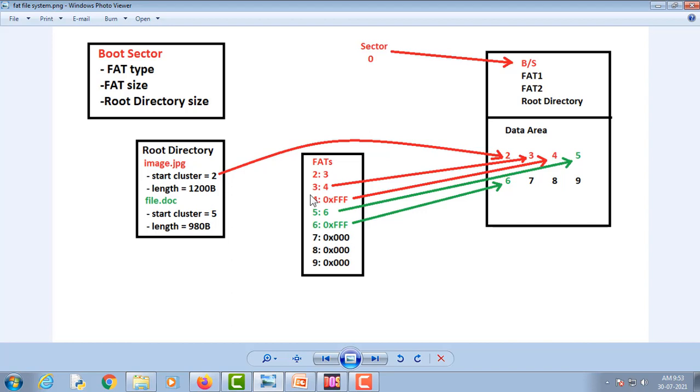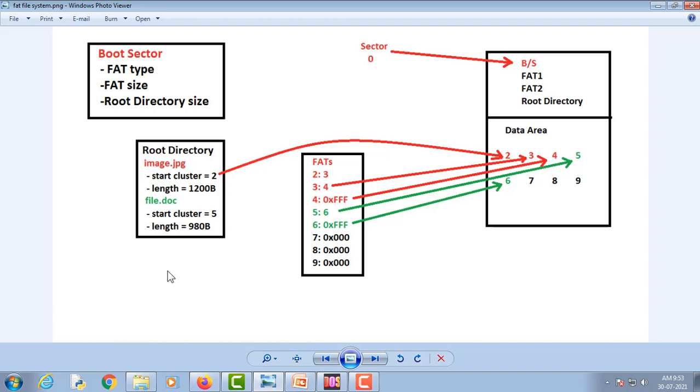If we go to cluster number 3, it tells us that the next cluster occupied by the file is 4. And if we go to the cluster number 4, it tells us that the file is ending on cluster number 4. Similarly, file.doc has a starting cluster number of 5 and its size is 980 bytes.